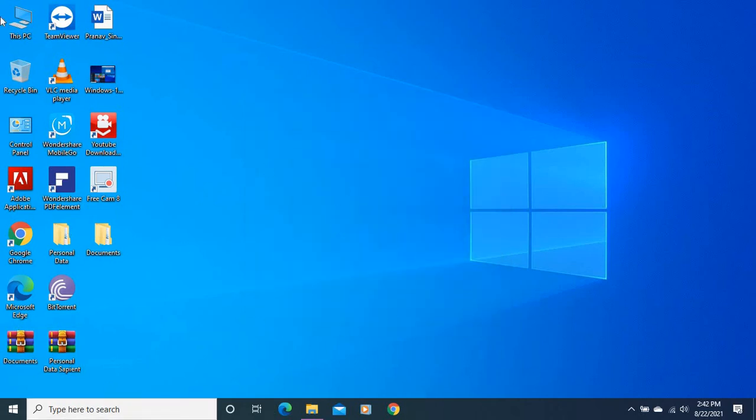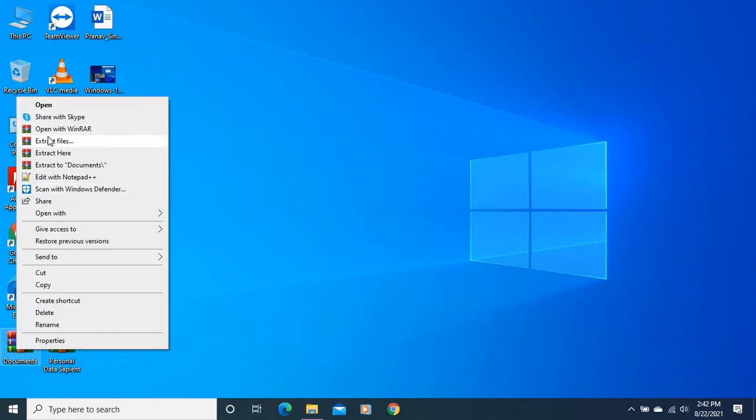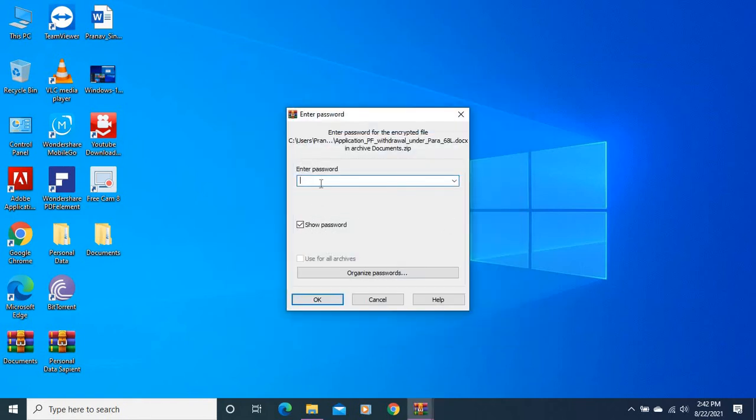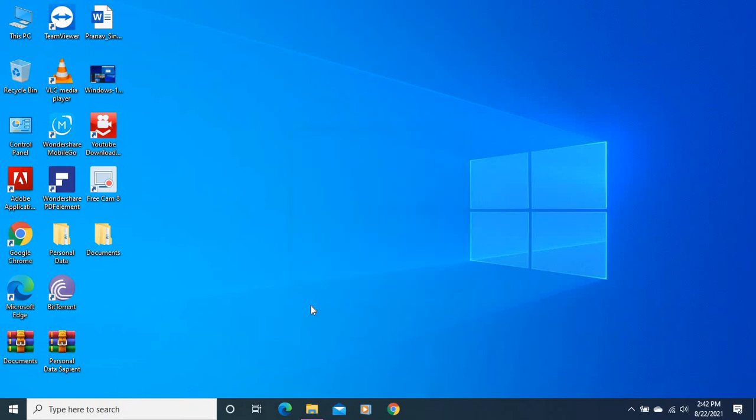So now if I try to open this file by extracting it, it's asking for the password. So now I will put the correct password. Here the file was already there, so it's overriding.